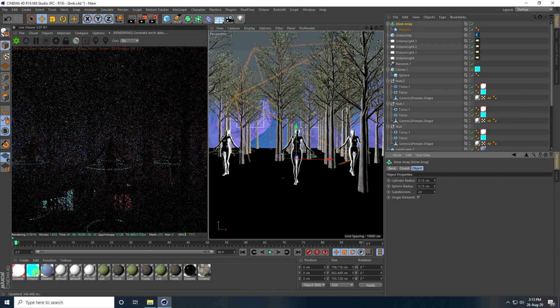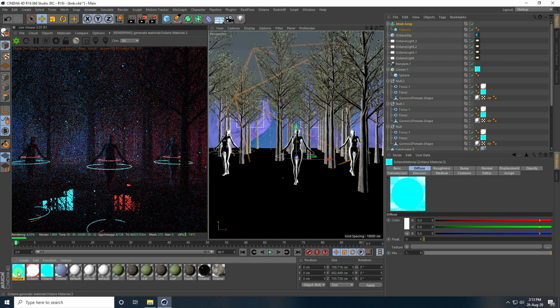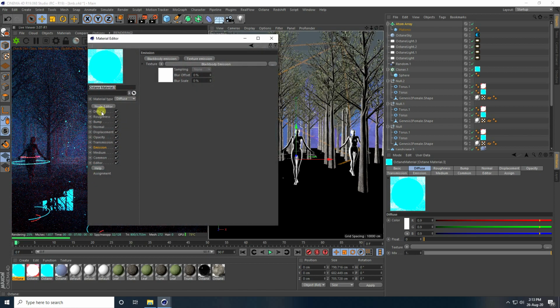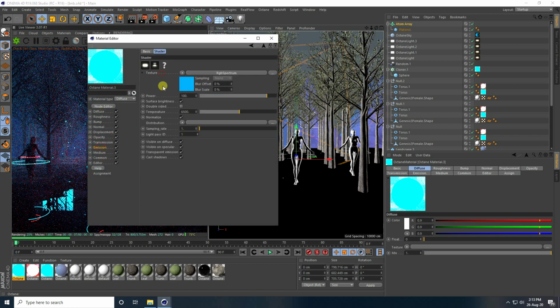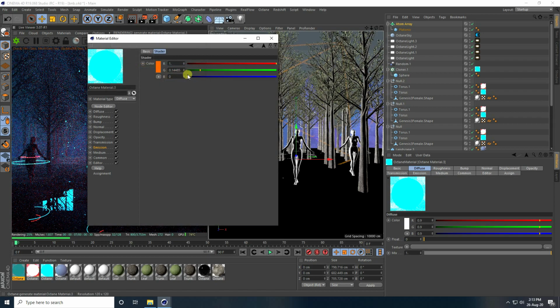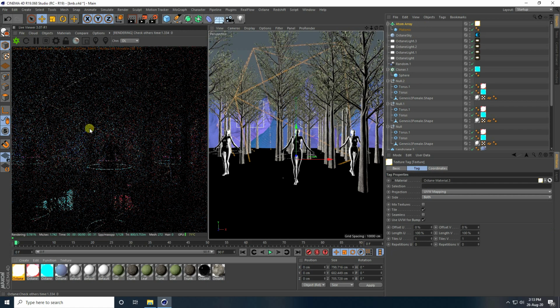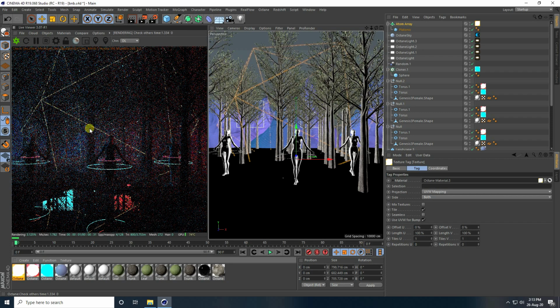Yes, right? Okay, so guys, select this blue material and copy and only change color. Guys, color I take orange color like fire color. Yes, so close. Guys, apply this material on atom array. Yes, right? See guys, that's my beautiful composition, right?